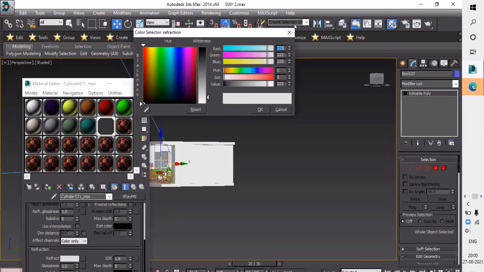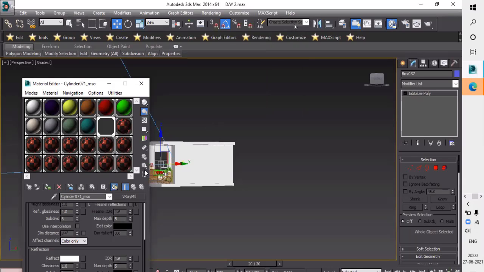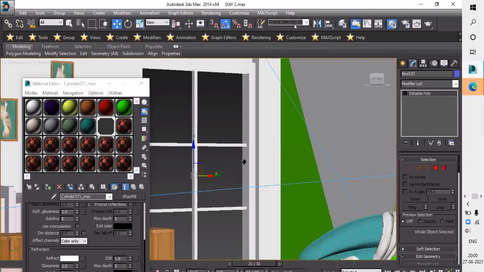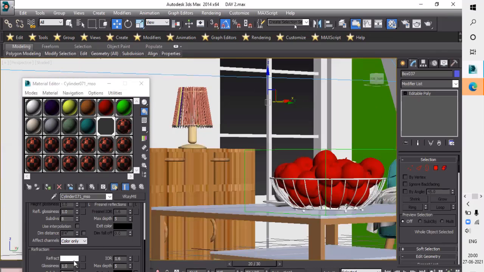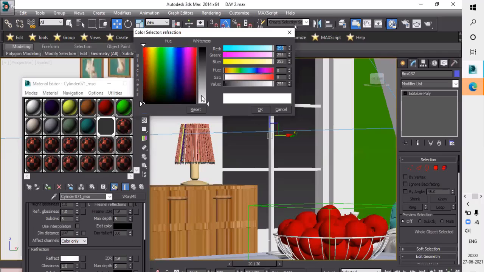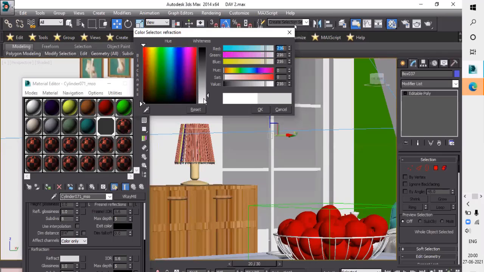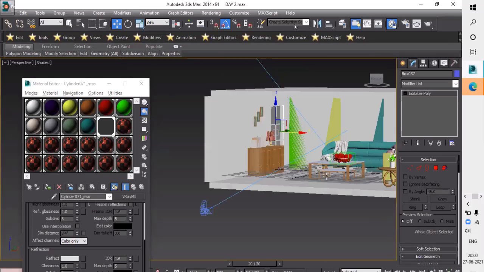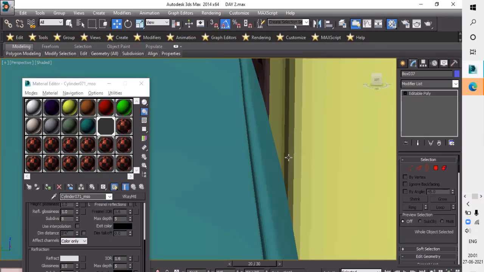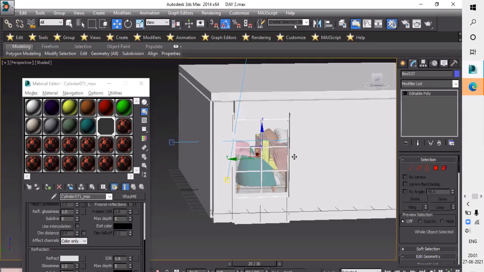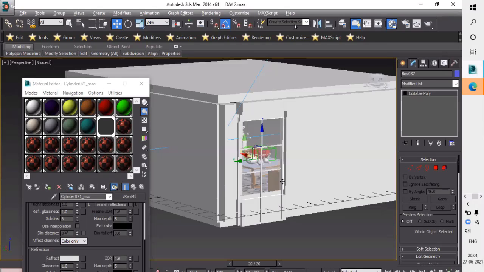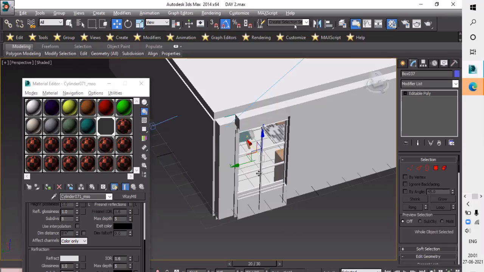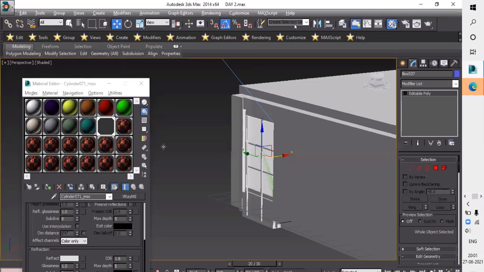So like that you will get total transparent glass here. But I want a little bit of grayish here. So that's why I'm taking this. Okay, are you seeing? Like this. If you are there, there is glass color. No glass texture here, sorry for this. Yeah, it is a glass.